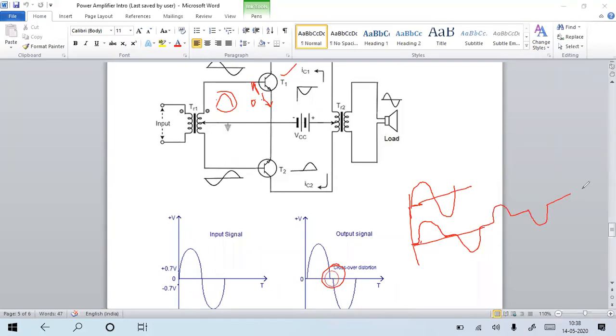So this is actually non-linear behavior of the transistor. As soon as you give the input signal to the input side of the transistor, you will not get the output at the output side, because the transistor needs a minimum cut-in voltage to turn on. Understand? So this will create distortion in the output side. For avoiding this distortion, we are going with what? Class AB amplifier.